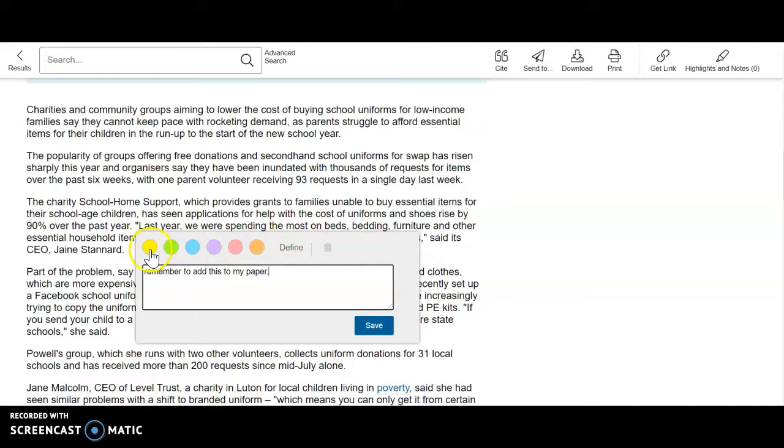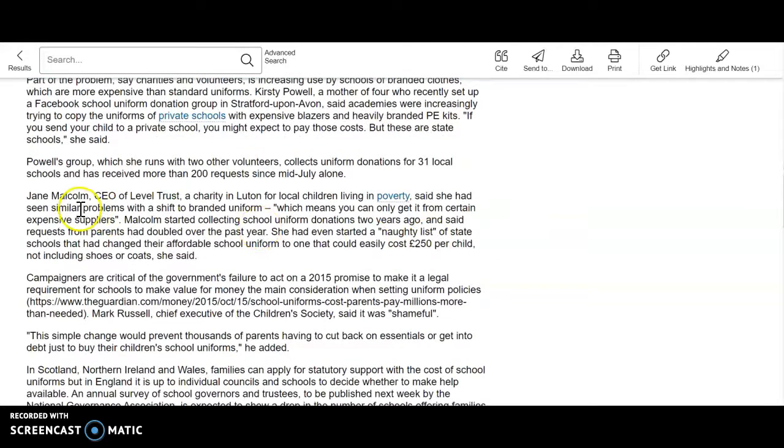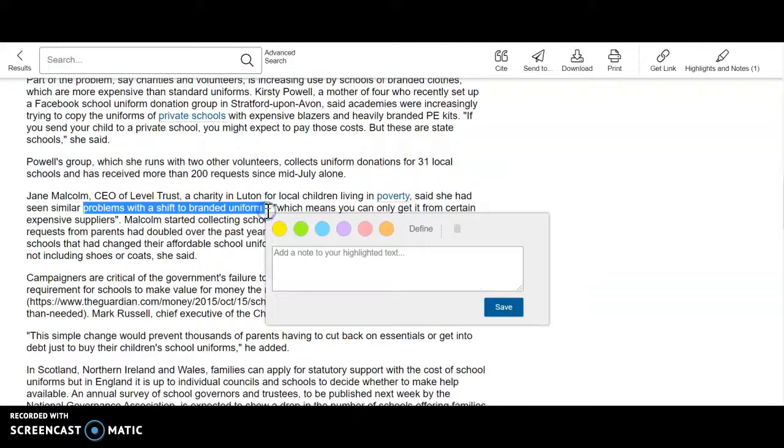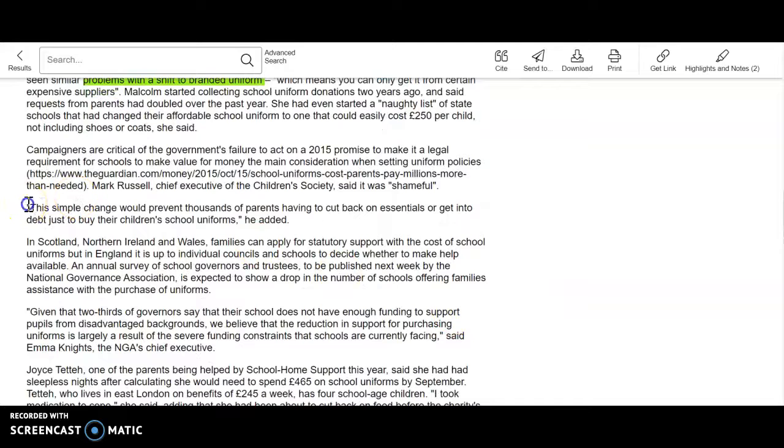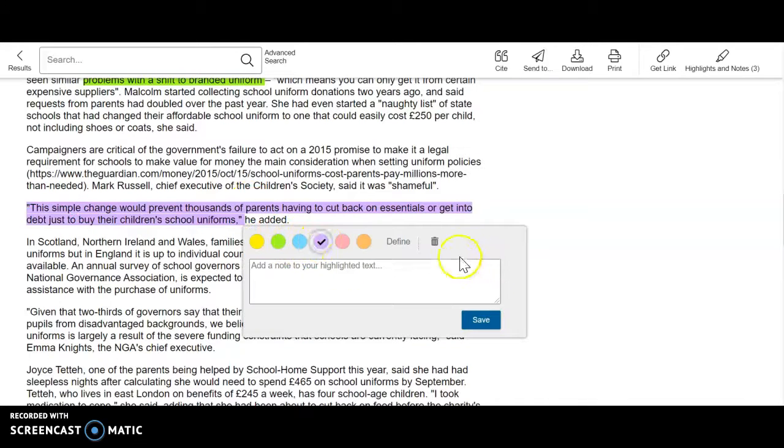And I could save it. I could decide what color I wanted it. I could take notes all over the place. I'm just doing this for example's sake. This might be a key point. Save that. This might be a quote that I wanted to use. Let's say I wanted to put that in a different color